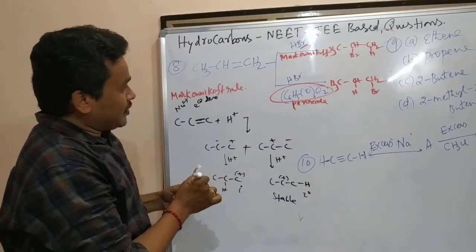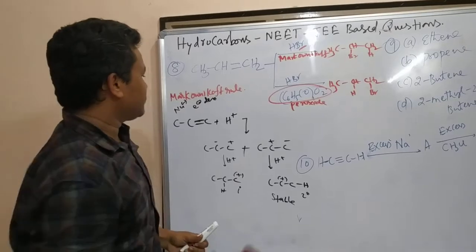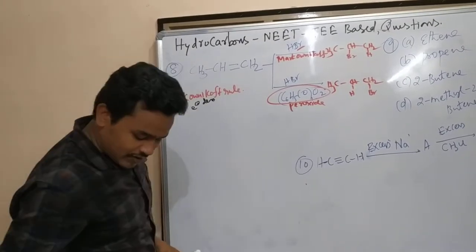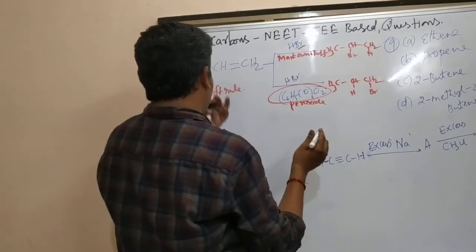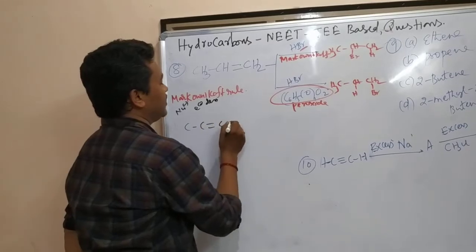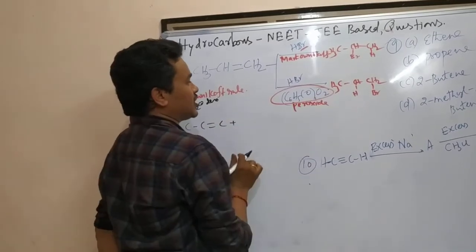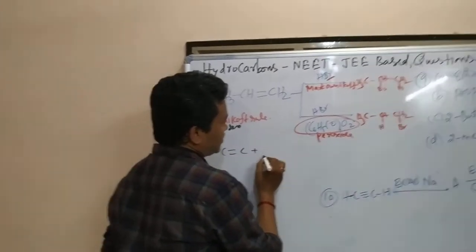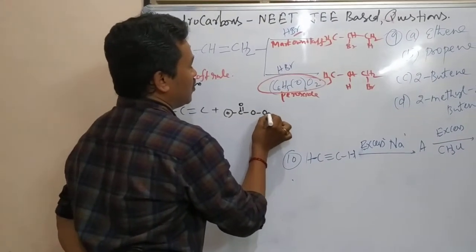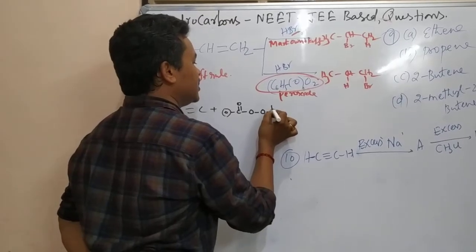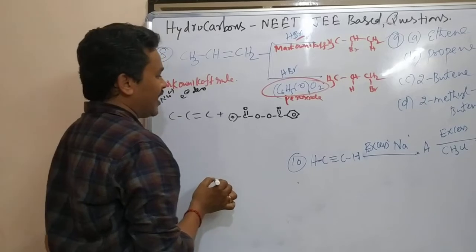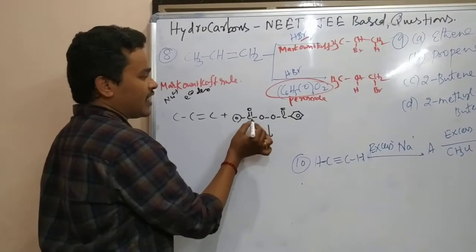Now what I am talking about is, in case this is over, see, this is over. In case of the anti-Markovnikov rule, anti-Markovnikov, same thing. Here anti-Markovnikov with benzoyl peroxide. What is that? Benzoyl peroxide means a phenyl ring, C double bond O, here C double bond O, again one phenyl ring. Here, first of all, something will happen.